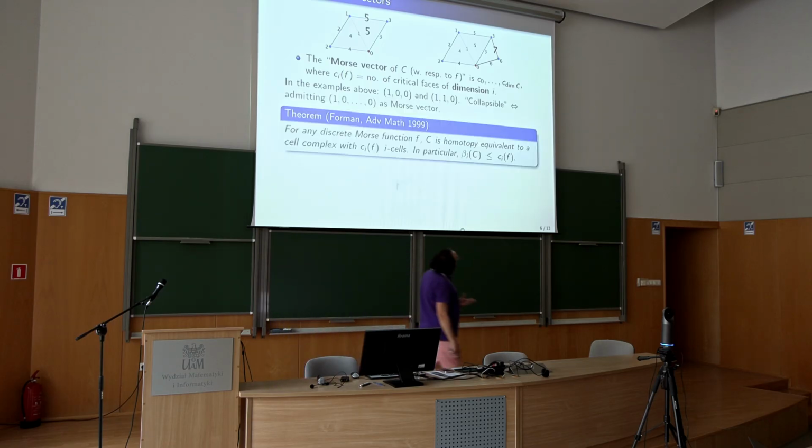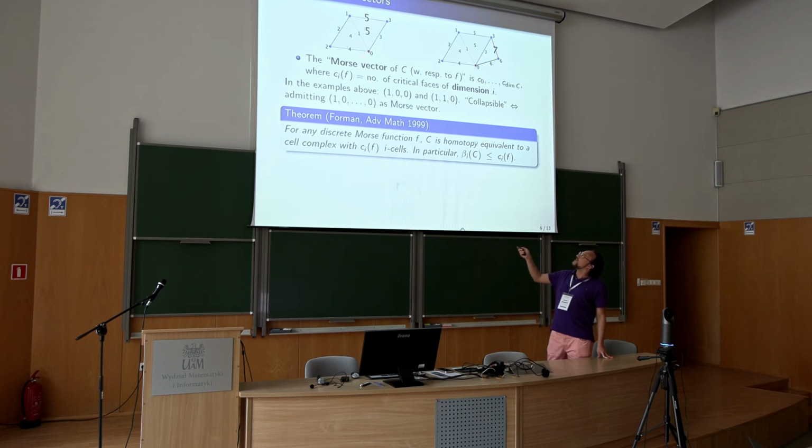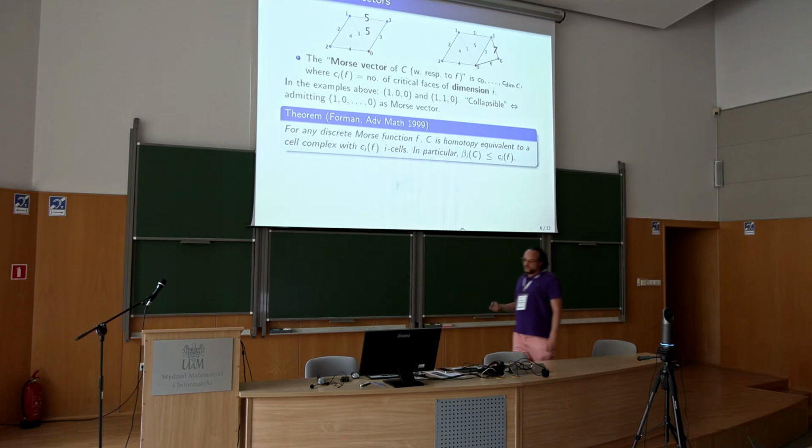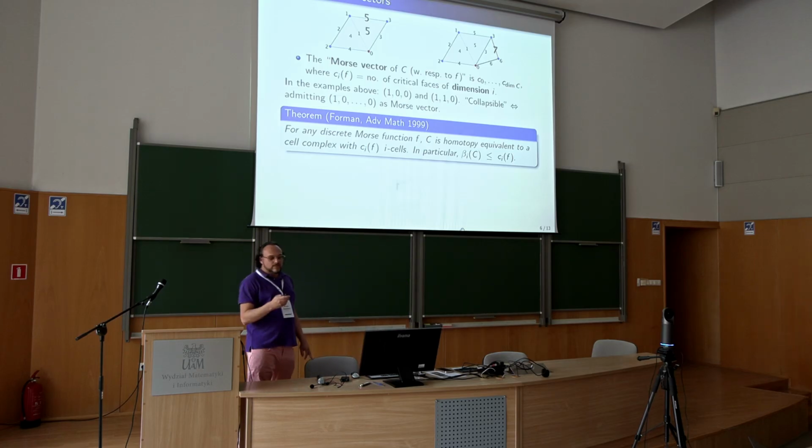Okay, so the theorem by Forman is that if you want to understand a simplicial complex up to homotopy, all you need to look into are the critical phases. So this toy game here reveals to you full information about the homotopy. So what's the idea to prove this? I can sketch it to you in 2 minutes or so. The idea is to view a discrete Morse function as a sequence of steps. And each step can either be an elementary collapse or the deletion of a